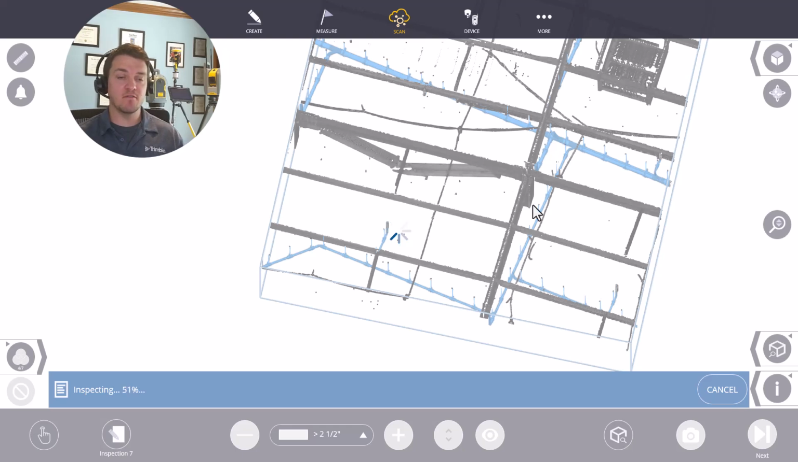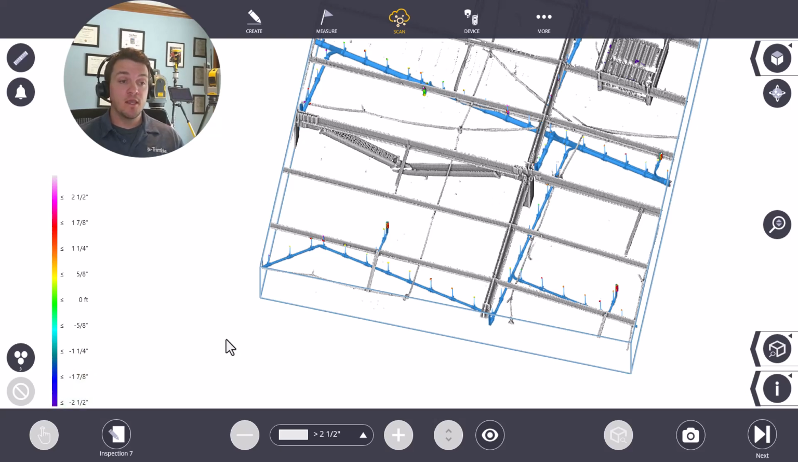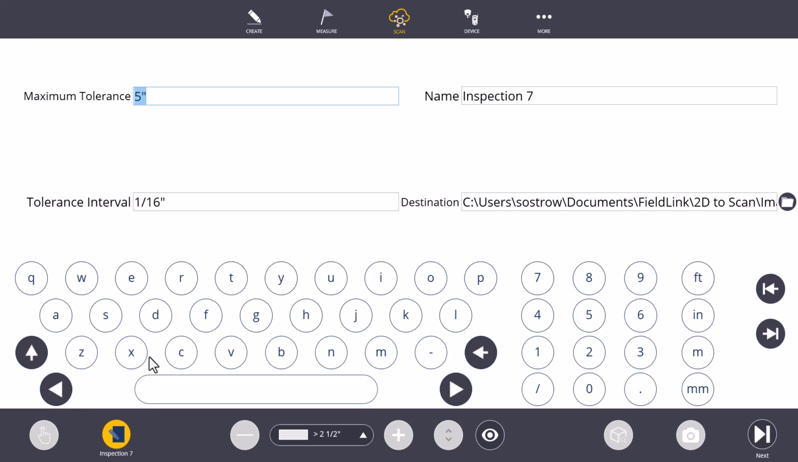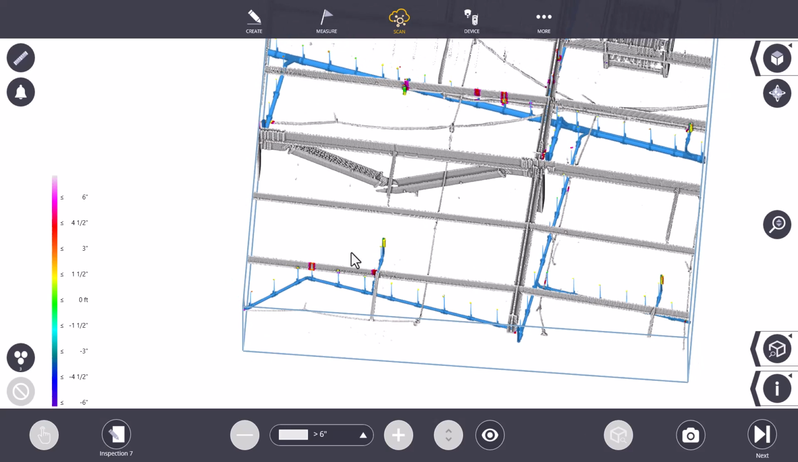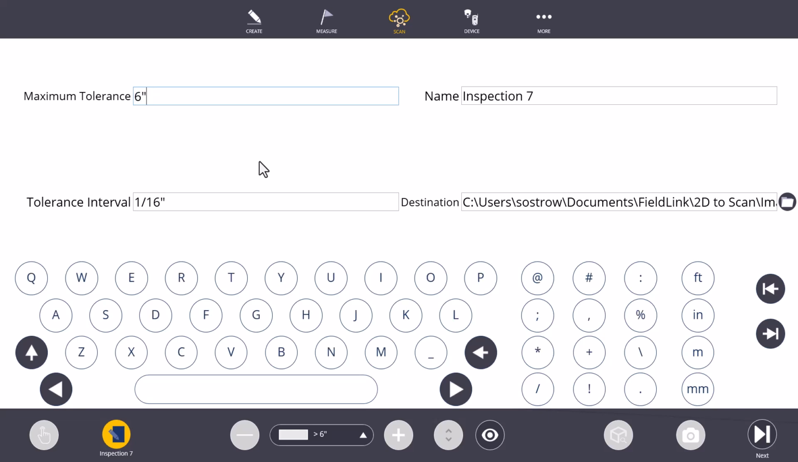So it does it to everything that's seen. So it'll compare the scan data to the nearest model component point. I can name this and actually change the maximum tolerance. So I can actually make this a little bit bigger if I wanted to, like 1 foot. And then here you can see it'll just change the coloring of what it runs into. I'm going to bring that back down to 6 inches and then rename this. We'll call this bang it